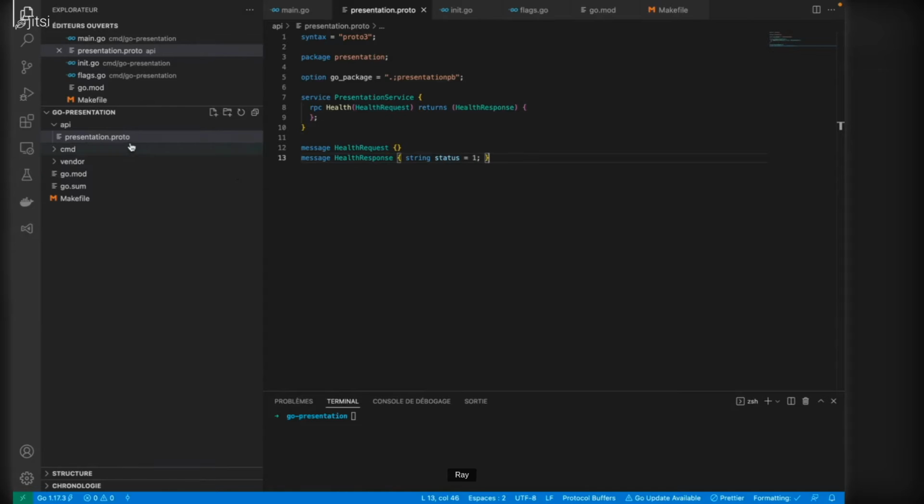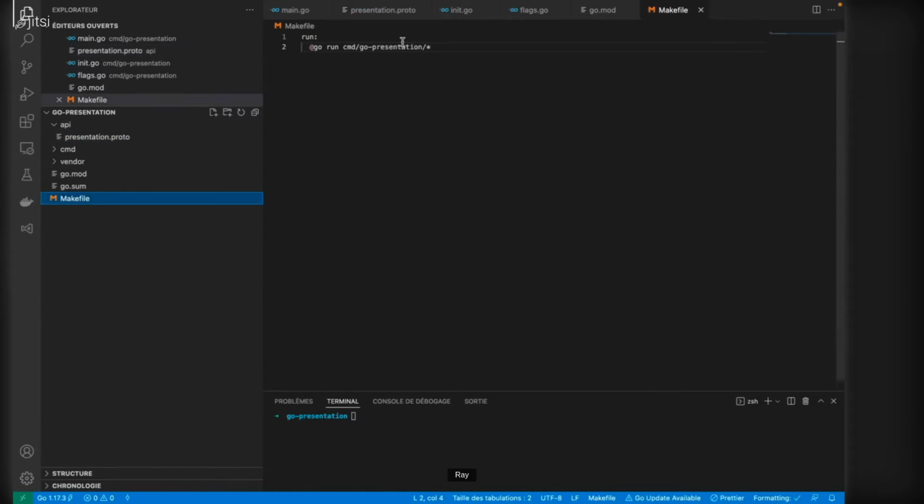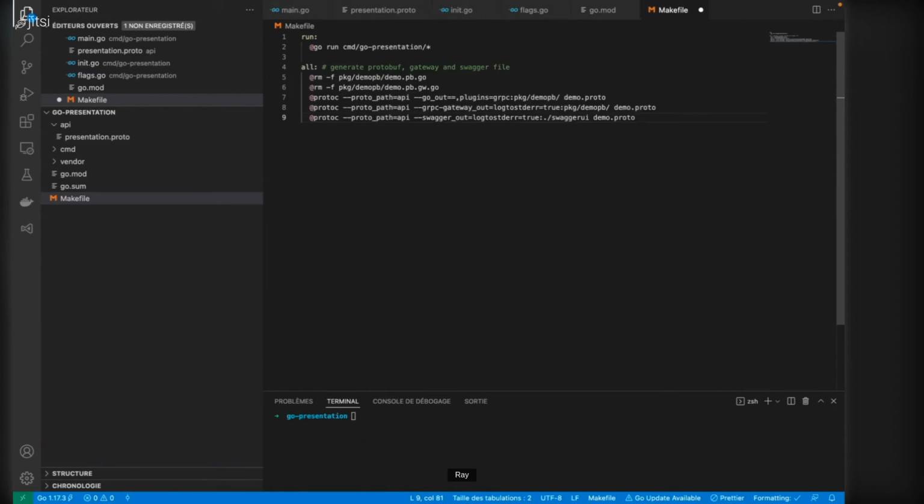So once you have created your proto file, you need to generate the protobuf file. In order to do so, I will create some commands in my makefile.